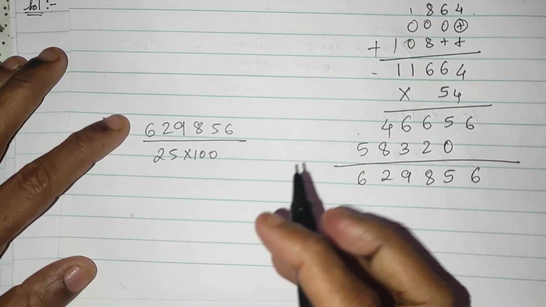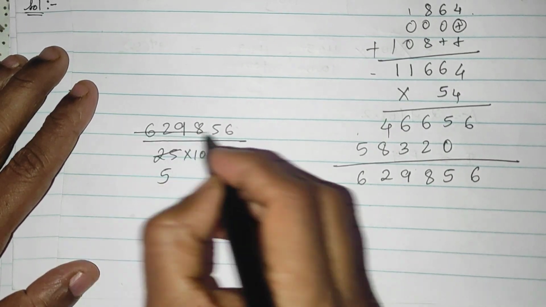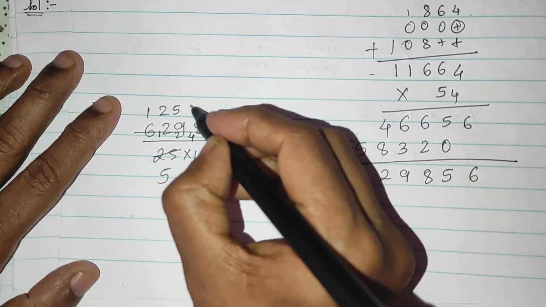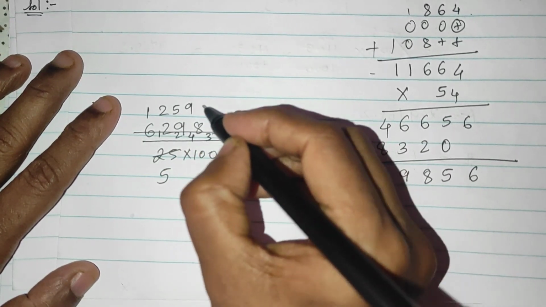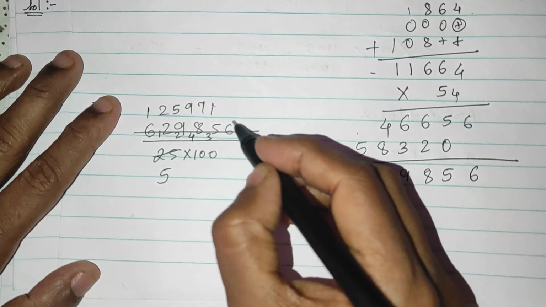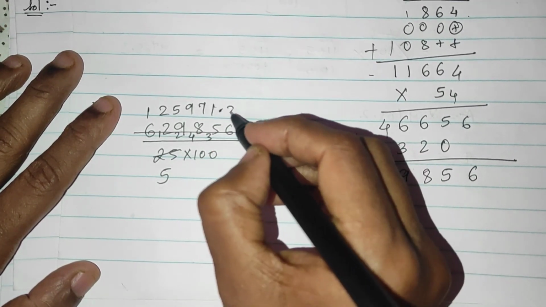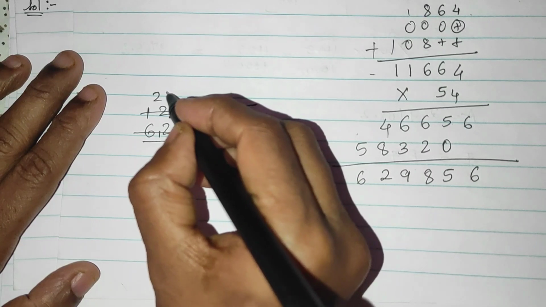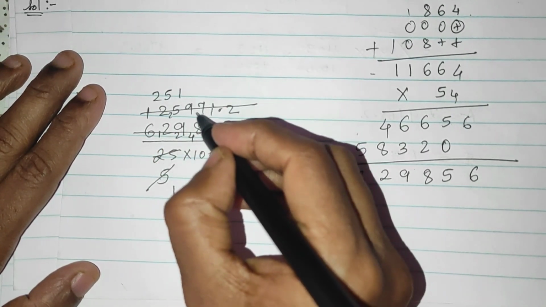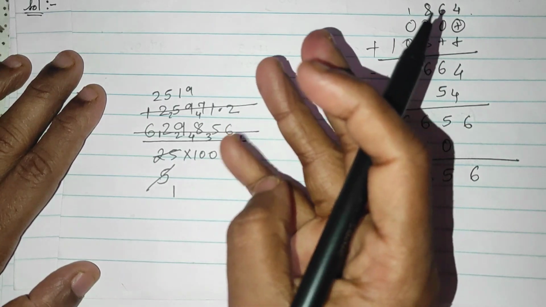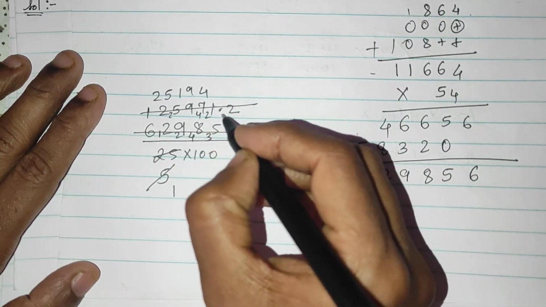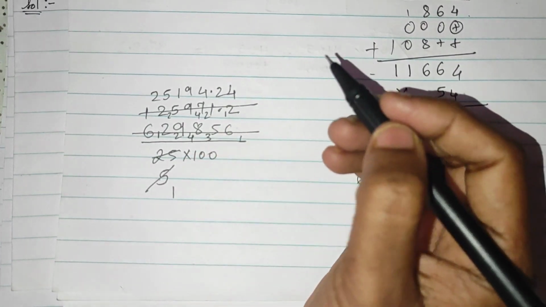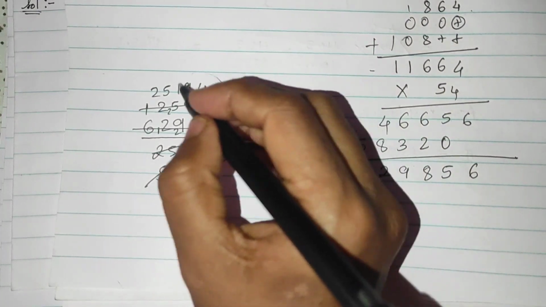So 5 5s are 25, 5 1s are 5, 1 carry, 5 2s are 10, 2 carry, 5 5s are 25, 4 carry, 5 9s are 45, 3 carry, 5 7s are 35, 5 1s are 5. So 1 remaining, no decimal, 5 2s are 10. Then again 5 1s are 5, 5 2s are 10, 2 carry, 5 5s are 25, 5 1s are 5, 4 carry, 5 9s are 45, 46, 47, 2, 5 4s are 20. This one here, 5 2s are 10, 5 4s are 20. Now this 100 will go as a decimal.